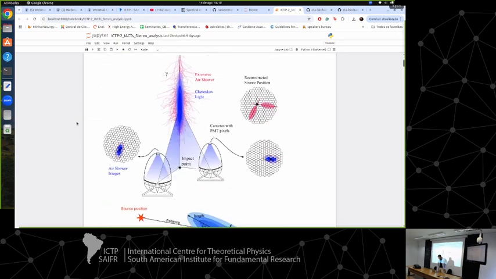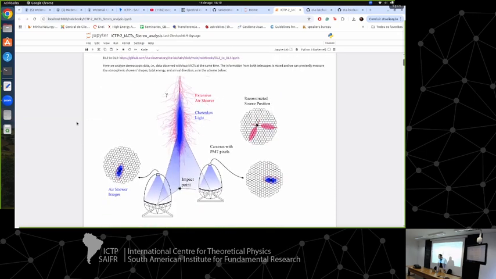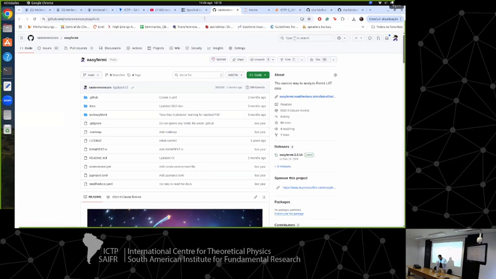And I'll give you some brief introduction to Cherenkov telescopes. I know that Michele Doro already gave a talk about that, so I'll be quick. But before starting effectively the lesson, I want to tell you some quick things about